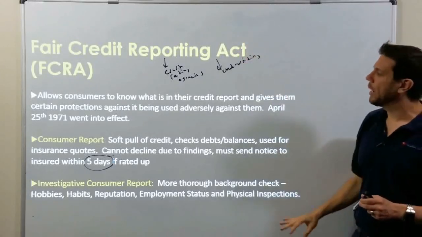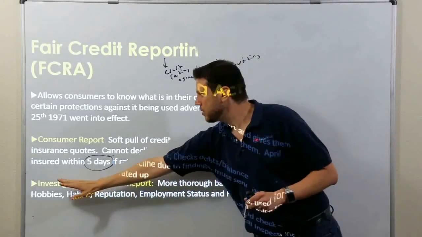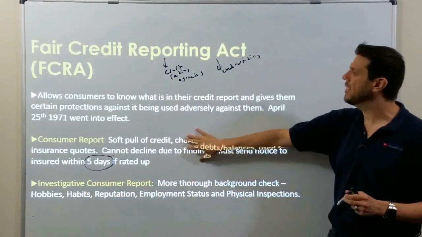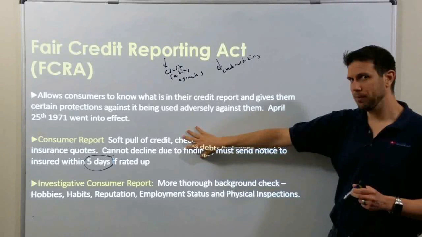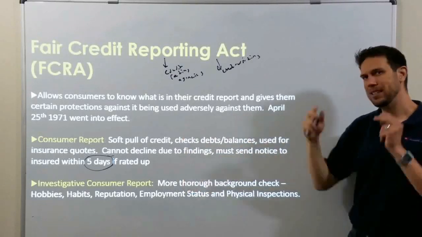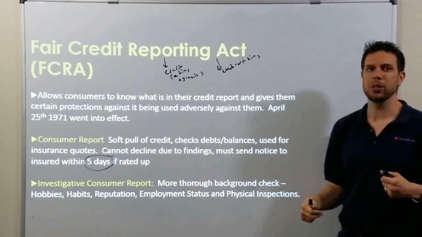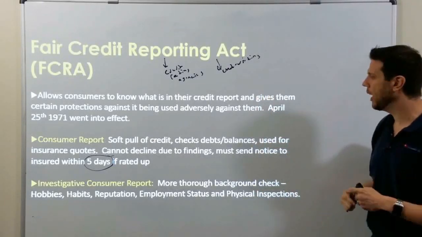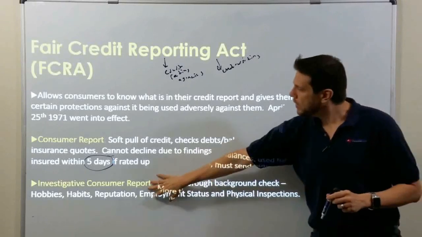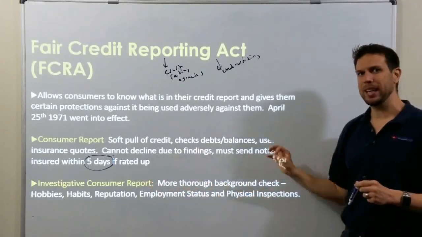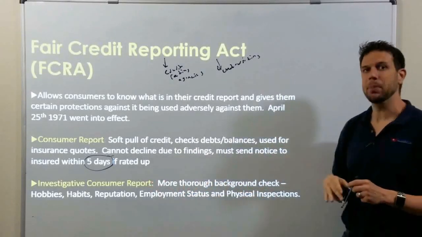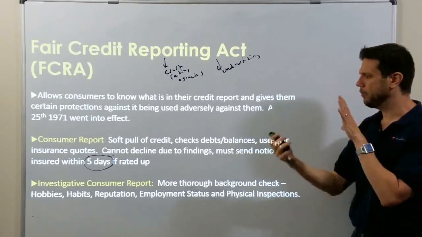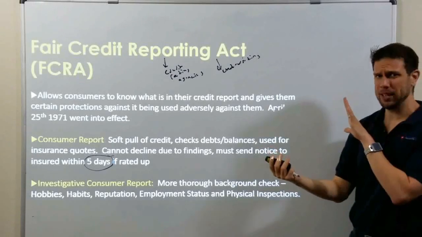The Fair Credit Reporting Act also allows insurance companies to do investigative consumer reports, which are much more in-depth than a regular consumer report. This is where the insurance companies take pictures of homes or sometimes ask that you cut the tree branch so it doesn't fall onto your house. The investigative consumer report is typically outsourced to a third-party company, and they'll do inspection reports, and they're very detailed. They can be up to 20 pages long.